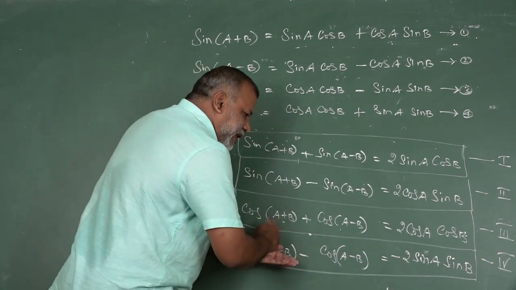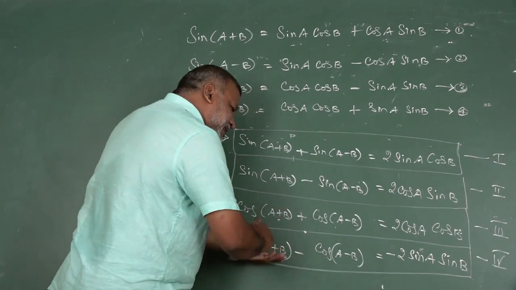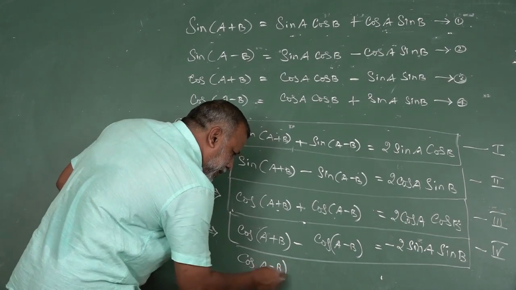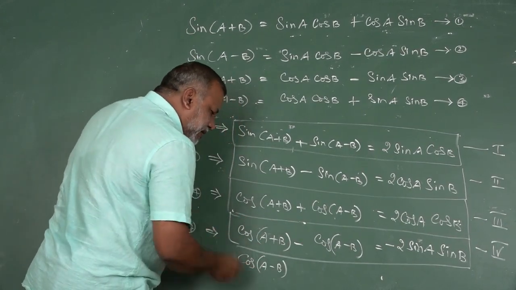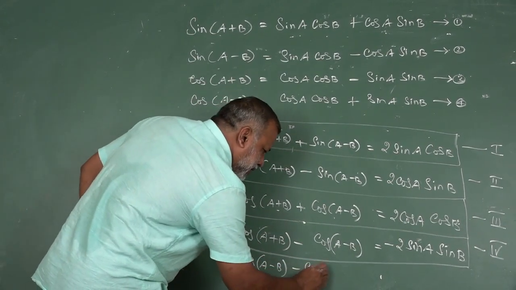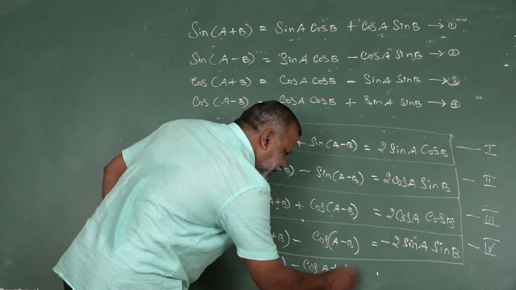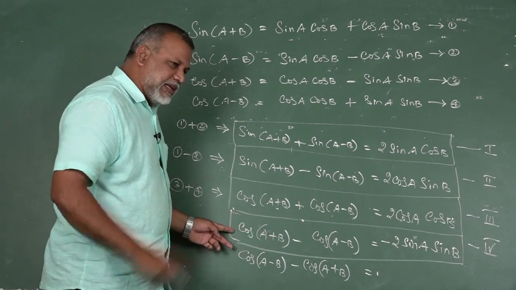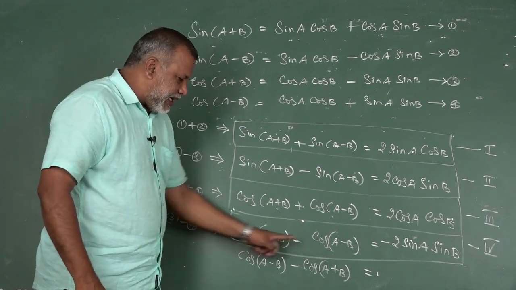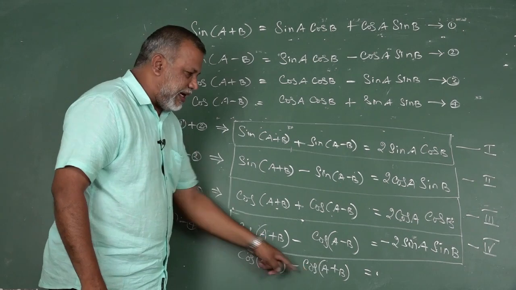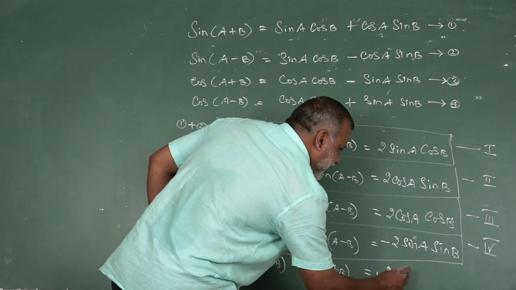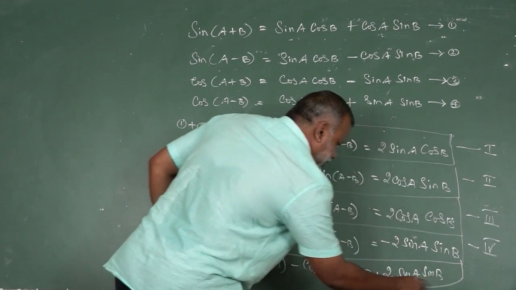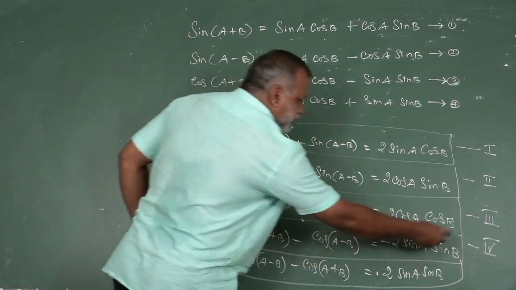The final result, this fourth result, can be modified. Listen to this one. If you are taking out the negative or interchanging, we can write it like this: cos of a minus b. We are interchanging, so we get a negative: minus cos of a plus b. So if you are multiplying this fourth result with the negative, this will become positive, then this will become negative. Here you get a positive result: 2 sin a sin b. This is also the same as the fourth result.